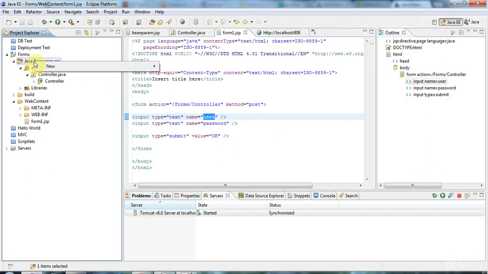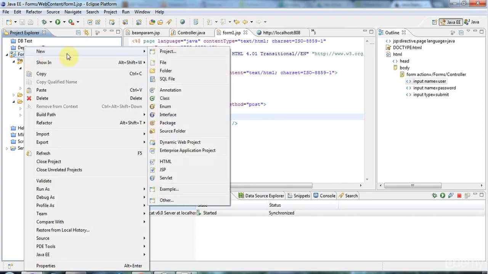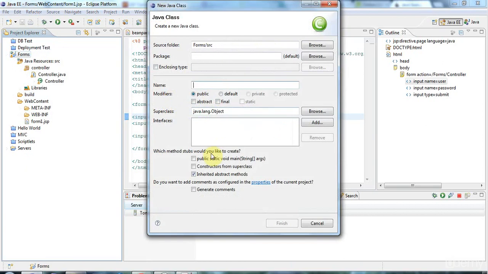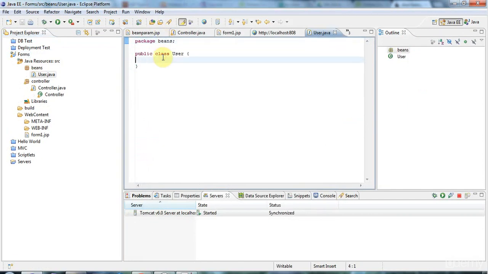So let's right click on a project and go to new class, and I'm going to put this in a package called user, I mean a package called beans. And it's very important to put your beans in packages because otherwise they tend not to work. And let's give this a private string user and a private string password,